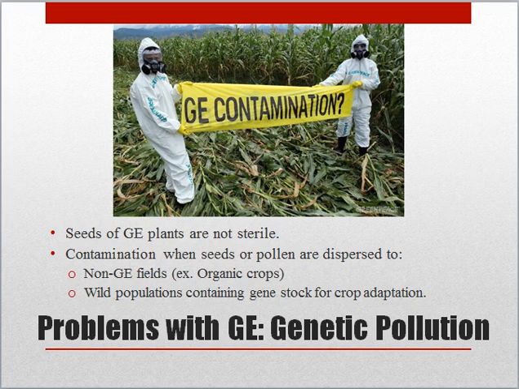Another major issue is the inability to contain this newly formed DNA. Genetically engineered plants are not sterile. They can reproduce by perfectly normal means, and the offspring will also contain the genetically engineered DNA. When a seed or pollen moves off the field that it was planted on, it is no longer able to be controlled. Seeds can be dispersed to fields with crops that should not be genetically engineered, for example, organic farms,